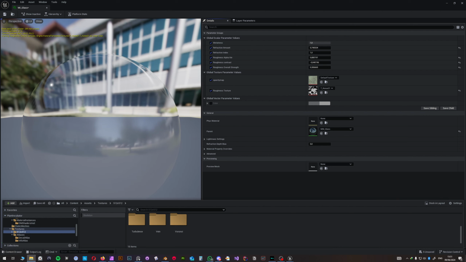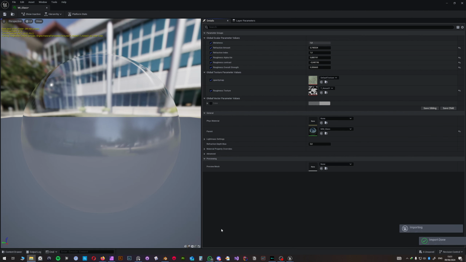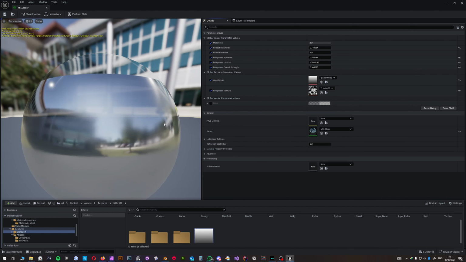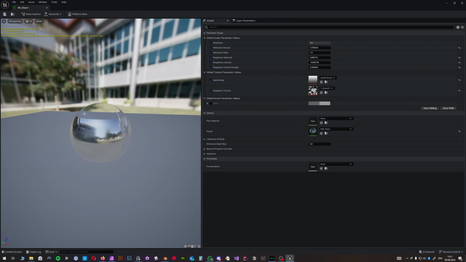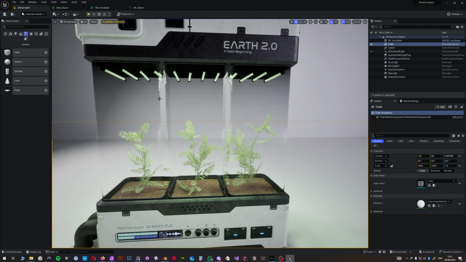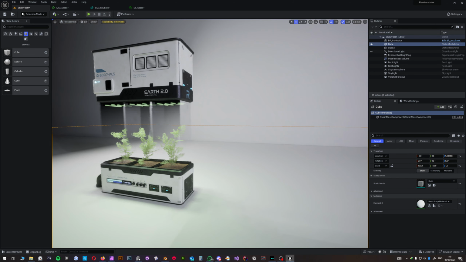Go into the desktop, bring in my thingy. It is imported, and we can just drag and drop it onto the opacity mask. So theoretically now, if I go back, I should see that